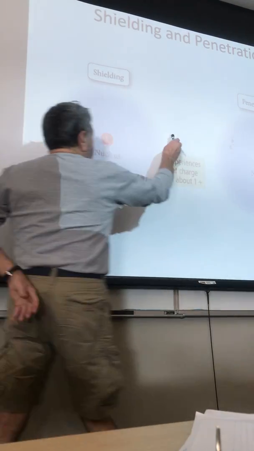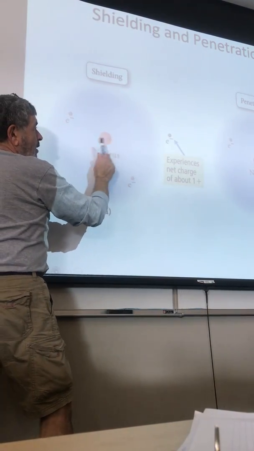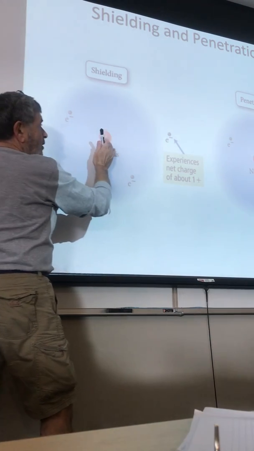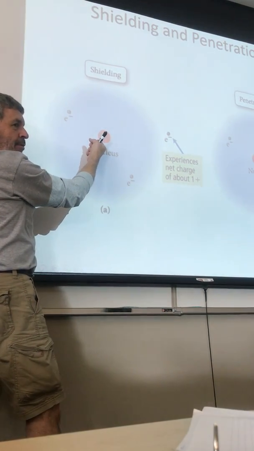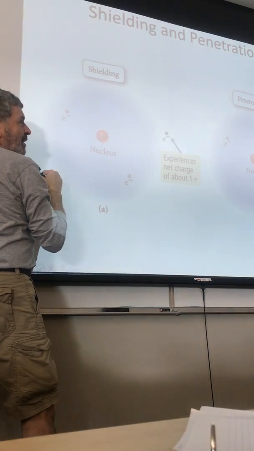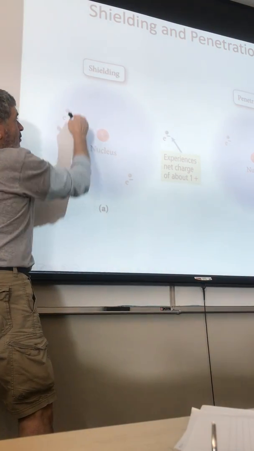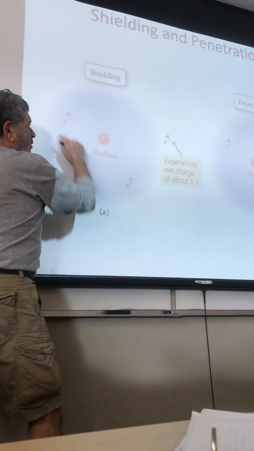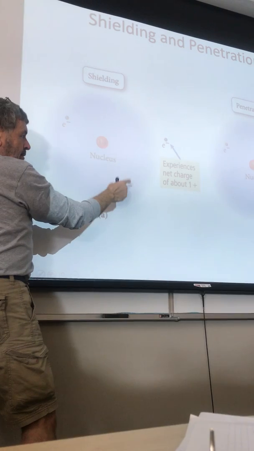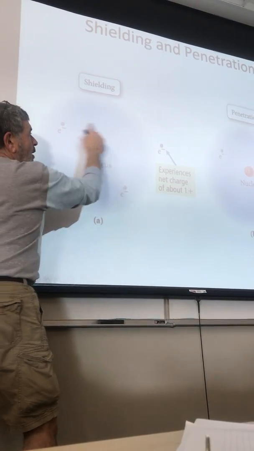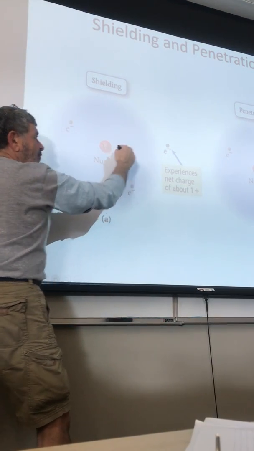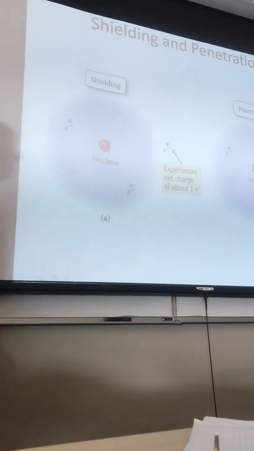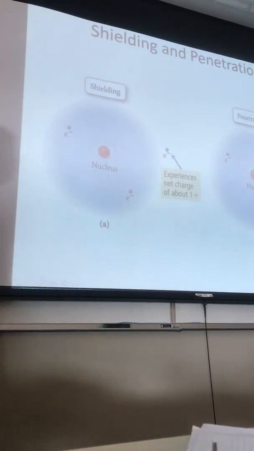So this electron with a positive 3 nucleus, if there was no shielding going on, we would expect it to feel the full positive 3 charge, which means that it would be pulled pretty close to the nucleus. Positive and a negative 1, that's a bad combination, so it would be pulled very close. However, I happen to have 2 other electrons, which again are moving. They're just positioned in a spot, but we know that they're moving around. They are essentially absorbing some of this positive 3 charge so that this one doesn't feel the full effect of the nucleus. That's the concept of shielding. And in multi-electron systems, that happens without any